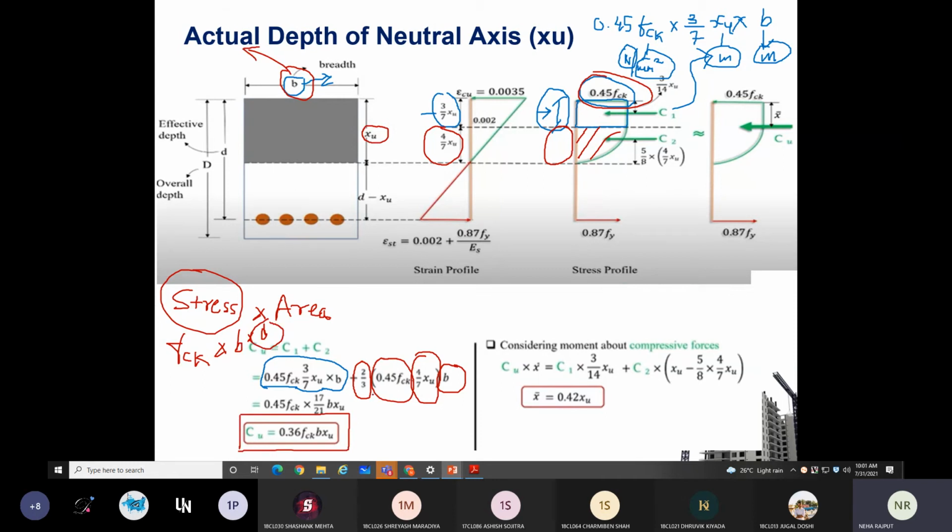After that, apply the center of gravity equation, you will get the CG value as 0.42 xu. That means this x bar is 0.42 xu, where this total compressive force is acting. Clear everyone? Yes, ma'am. Right. So the total compressive force equation, you have to remember,